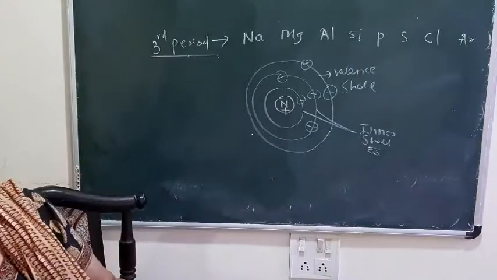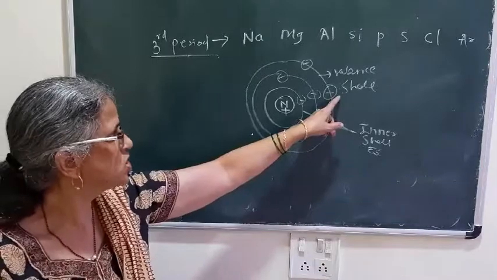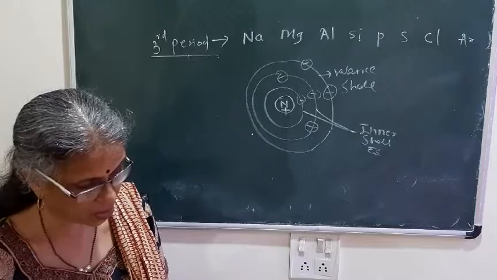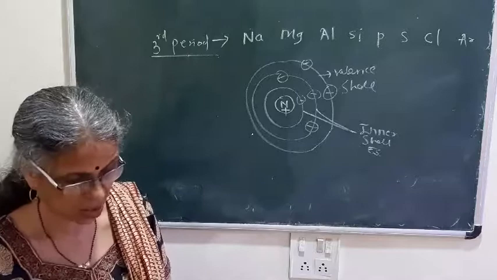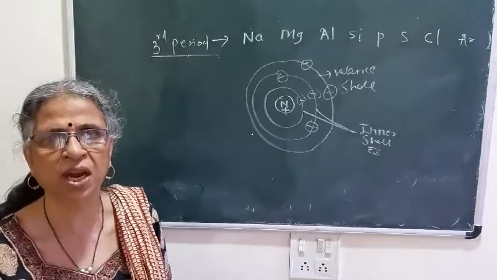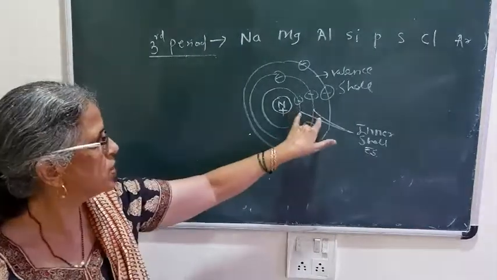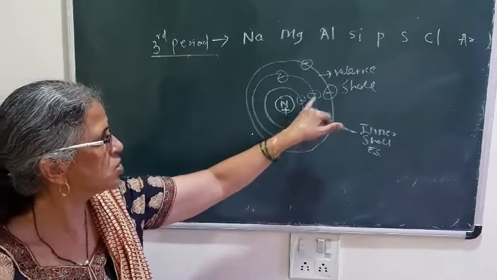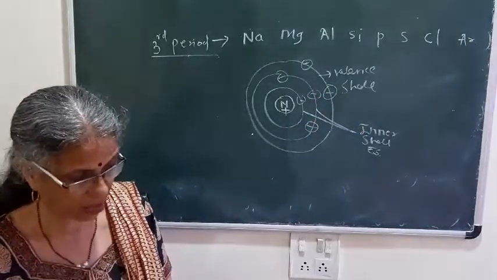Followed? So here, electrons in the inner shell lie between this valence shell electron and this nucleus, and due to the presence of these inner shell electrons, this effective nuclear charge becomes somewhat less than the actual nuclear charge. Nuclear charge means the attractive force exerted by the nucleus on the electrons. So due to the presence of these inner shell electrons, the effective nuclear charge exerted by the nucleus on the valence shell electron becomes somewhat less. Followed? That's why I have drawn the figure.